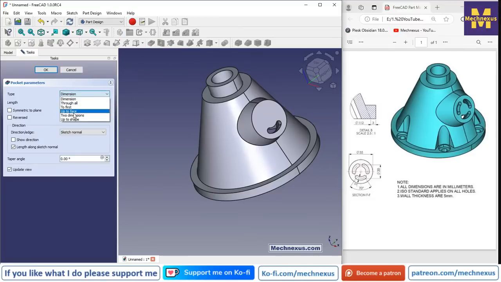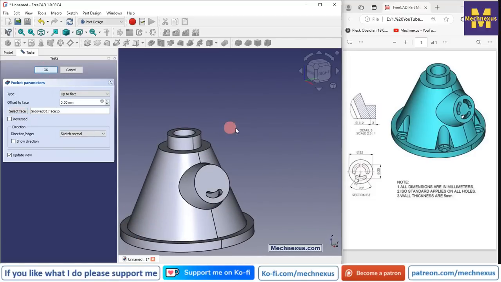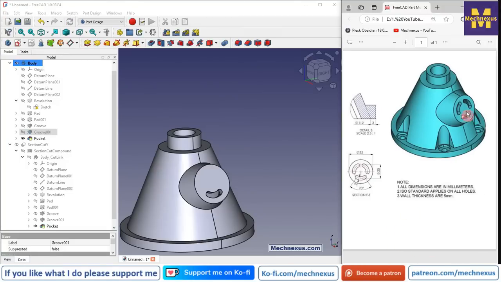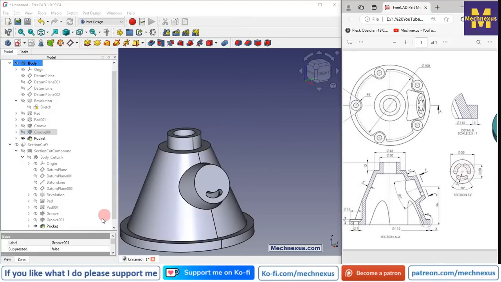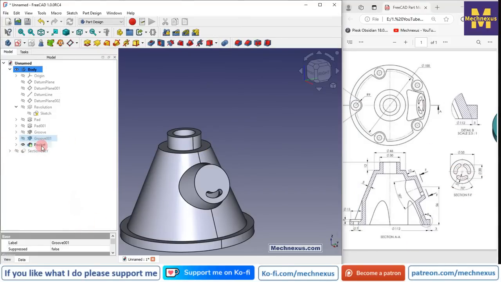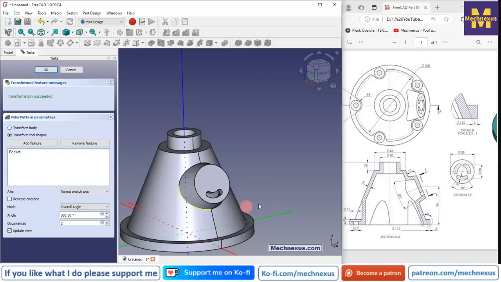and from here I will select up to face and I will define my end condition to this inside face. Now click on OK. Now we will pattern it, which we can see here. So I will select the pocket and click on the circular pattern, and here I define my own reference. So I wanted to pattern around this diameter and provide the quantity 3. Click on OK,